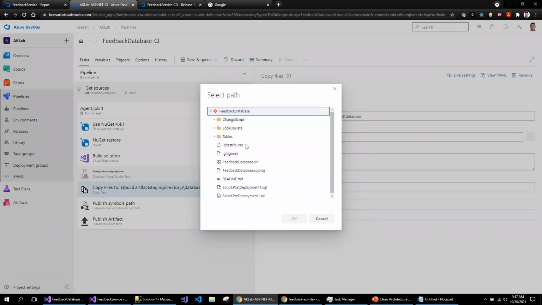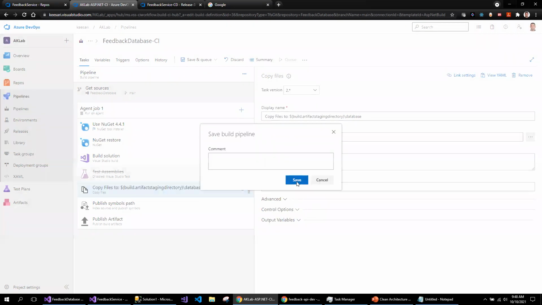You see here I'm unable to select the DocPack file when the DocPack file will be created. So it's going to be under the OBJ bin folder. But in order to see that, I need to have another folder. All these files should be in one parent folder, and I can select that parent folder. So here I cannot select any of these because the DocPack file is going to be outside this. So this is where I need to make small changes in the source code and then come back here.